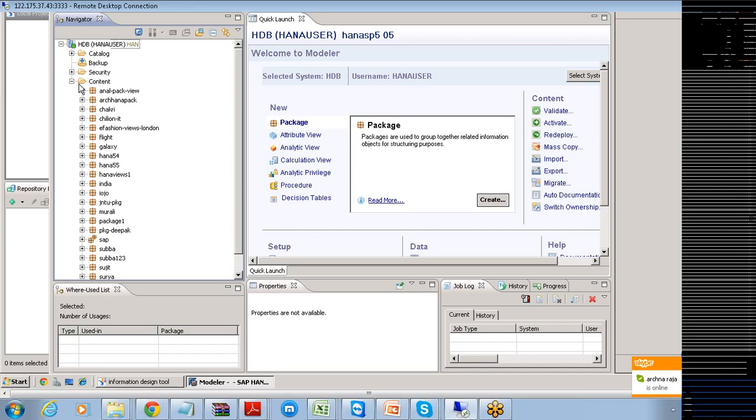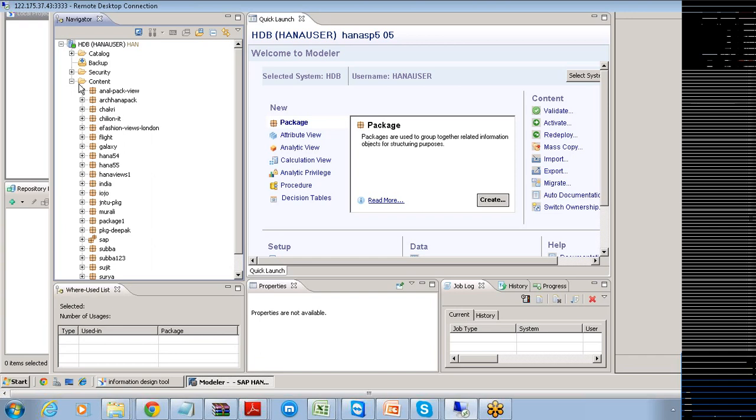What are the different types of views that are created? Those views are nothing but your information modeling views, in the form of analytical views, attribute views, calculation views. Those will be created here.